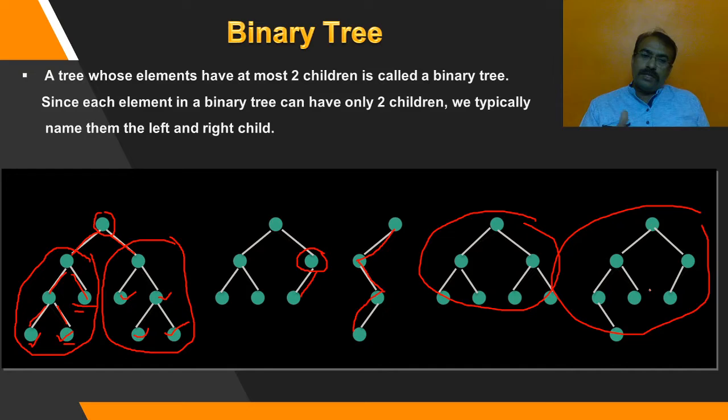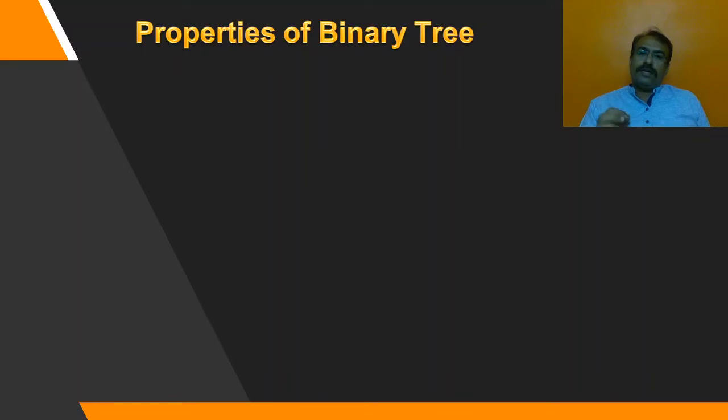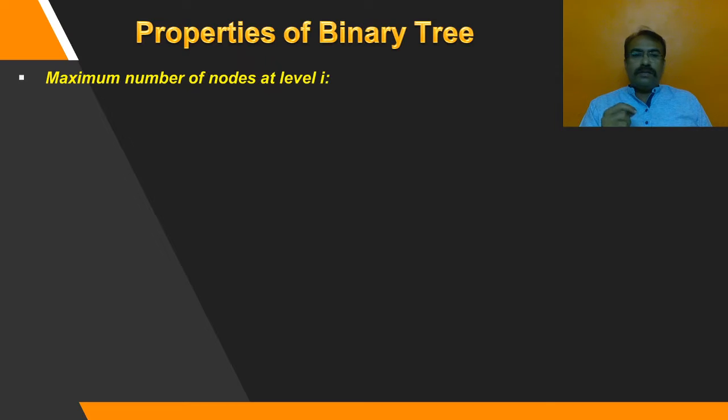Let us see what properties we need to follow. As soon as we arrange the data in a particular manner, or we restrict the children to at the max 2, we get many things which are under our control, and that way we can arrange the data so that searching will be faster. Let us see the properties of binary tree. What do you mean by the properties of binary tree? As I said, many things come in our control, like how many maximum number of nodes should be there, how many minimum number of nodes should be there, how many levels we can create, all these kinds of things.